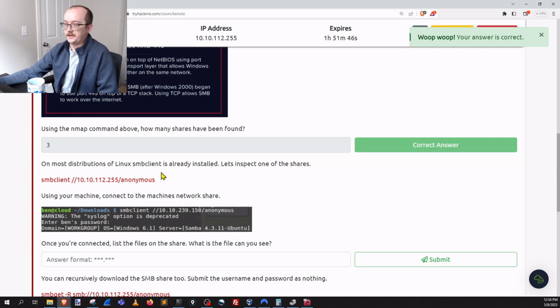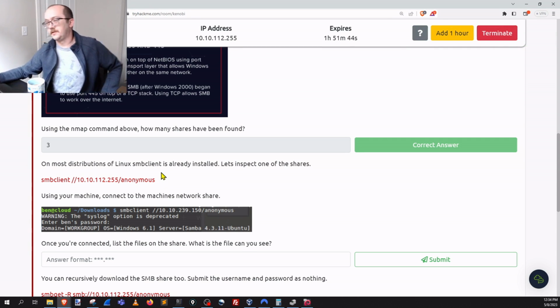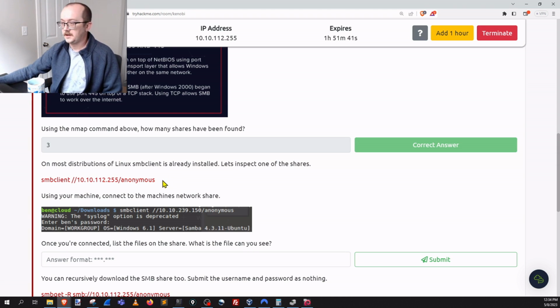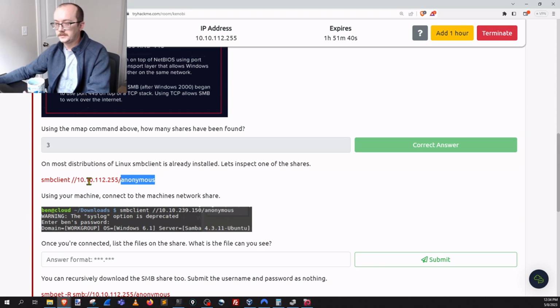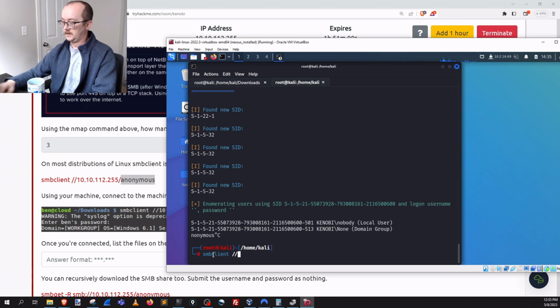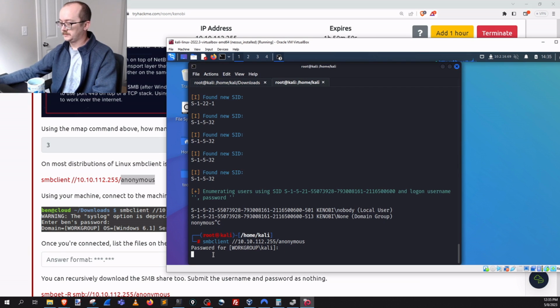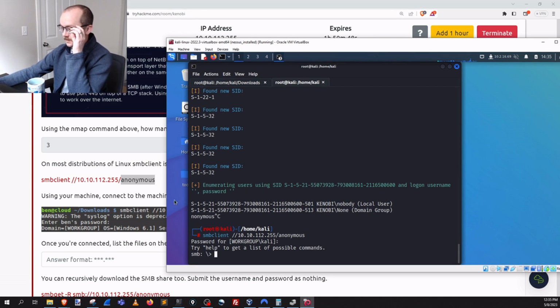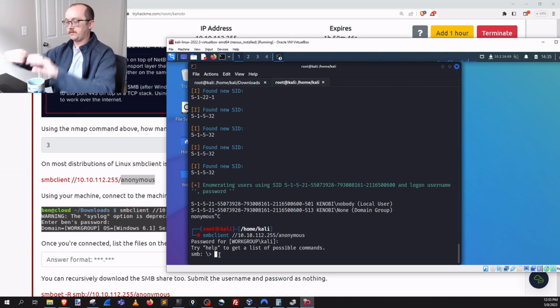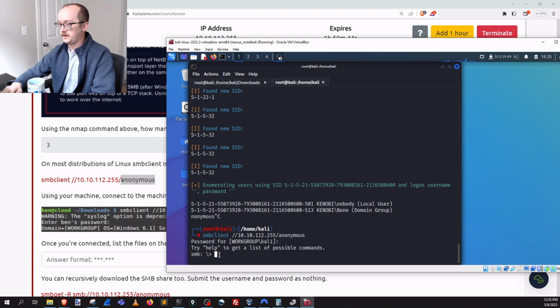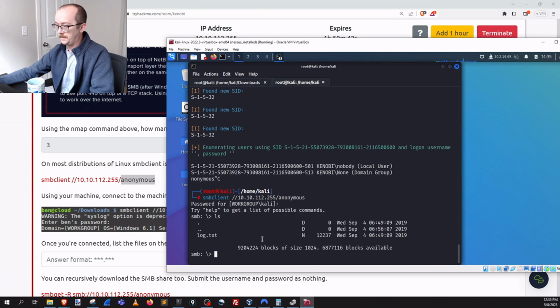On most distributions of Linux, SMB client is already installed. Let's inspect one of the shares. Password, we'll say nothing. And we're into the share here. Let's go to ls, see what we have inside. And bingo bango, we've got a